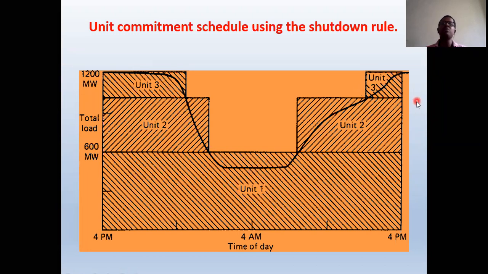So this is a simple understanding of the unit commitment problem when applied to the load curve. And this rule is also called the shutdown rule. What we can understand from this shutdown rule is when we can operate the already existing generators from on condition to off condition, and similarly from off condition to on condition. So it completely depends upon load variation. So this is the unit commitment concept when we apply it to the load curve. So with this, we can conclude this class.